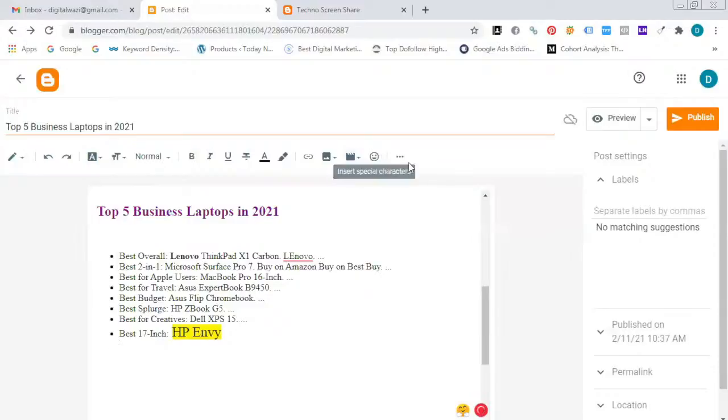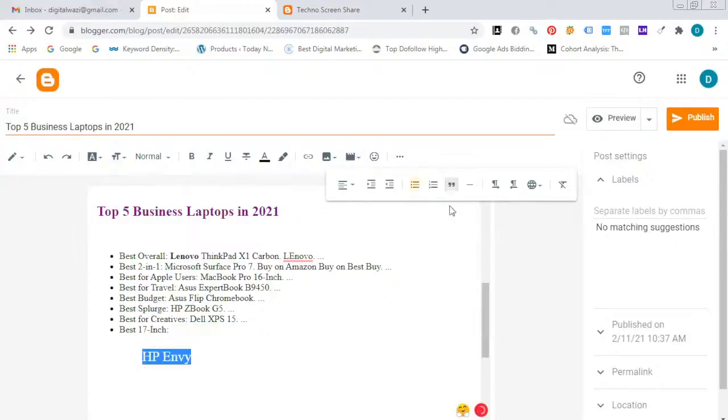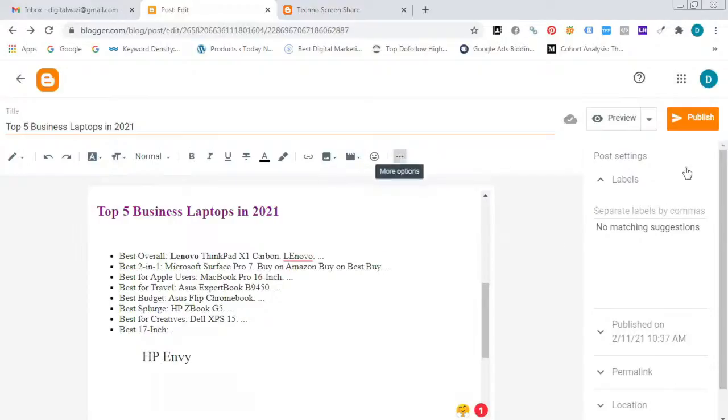We'll see. And add our text in double quotations. Here you will highlight our text in double quotations. It will show in quotation format. Now, what topic is this post relevant to? This is relevant to laptops. Now you will add our label name as laptops.